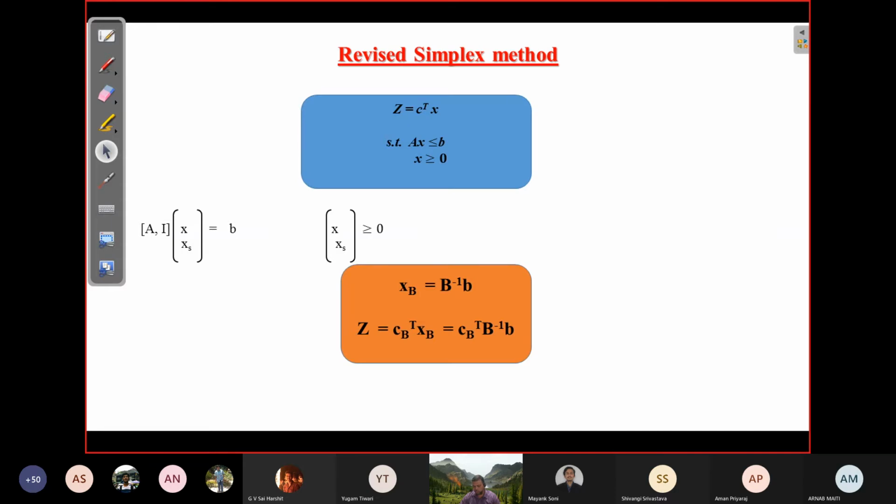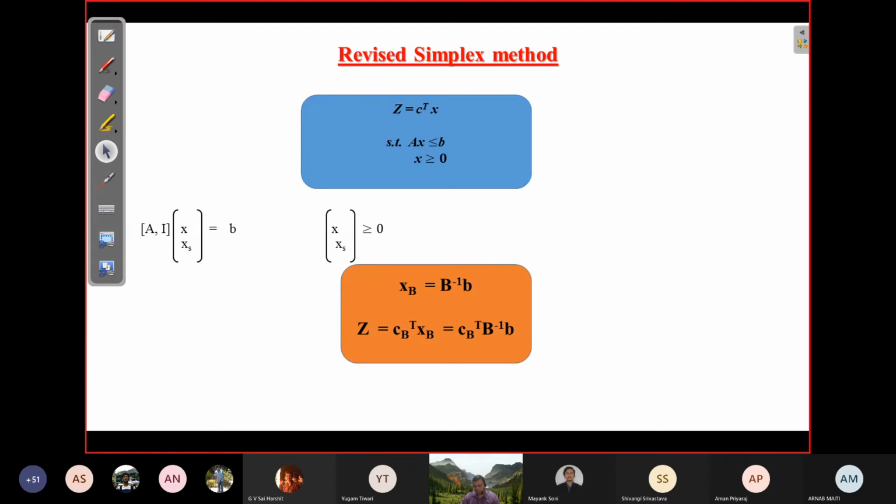So due to this reason, they have developed this revised simplex method, which is nowadays being used by modern software like IBM Simplex, Gurobi, and others like Google OR-Tools. The revised simplex method is actually being implemented in practice, and it is exactly the same as what we are doing in the tabular method, but we won't generate the entire table in this case. We will generate the parts of the table as required by the simplex method.